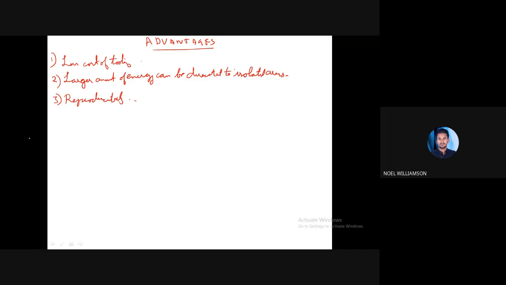Next, regarding the control, we will be able to have a better control. Better control of the pressure pulse is possible because it is electrically controlled. So we'll be able to control the parameters. By controlling certain parameters, we'll be able to control the pressure pulse. So the end product also we'll be able to control.